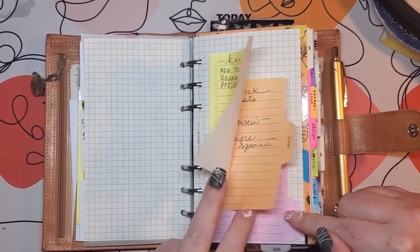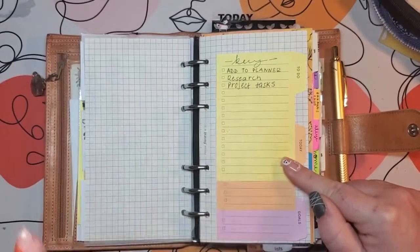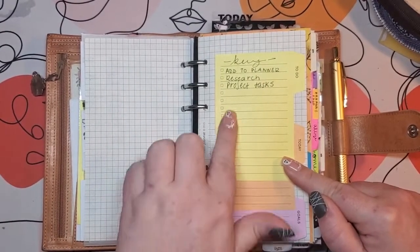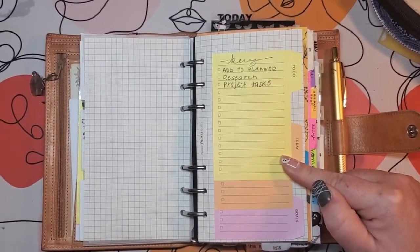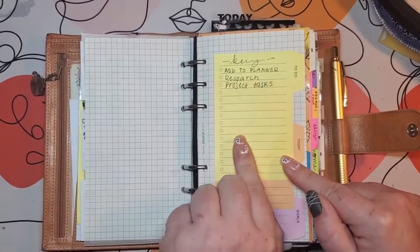It's what I use these Post-its for, because I really wanted to have a set use for them. I didn't want to just use them willy-nilly. Or it wouldn't have made sense to buy these particular Post-its. I could have just bought regular Post-its. Does that make sense? So this is like, I use this for my add to planner,